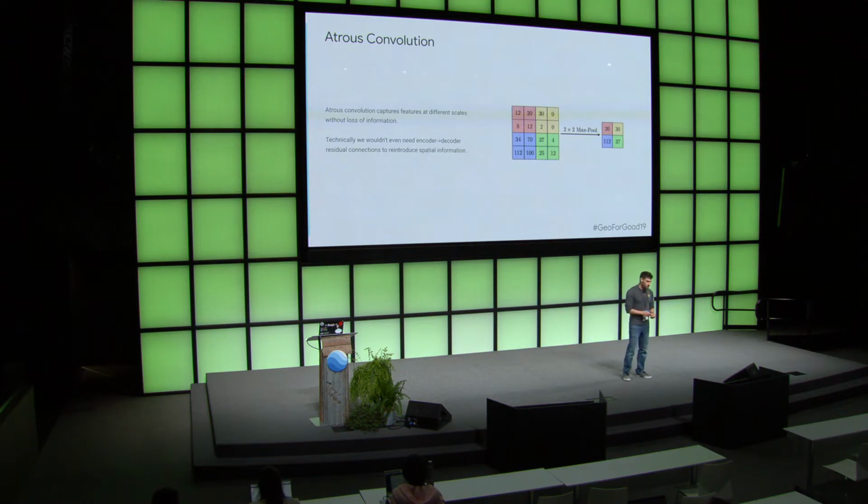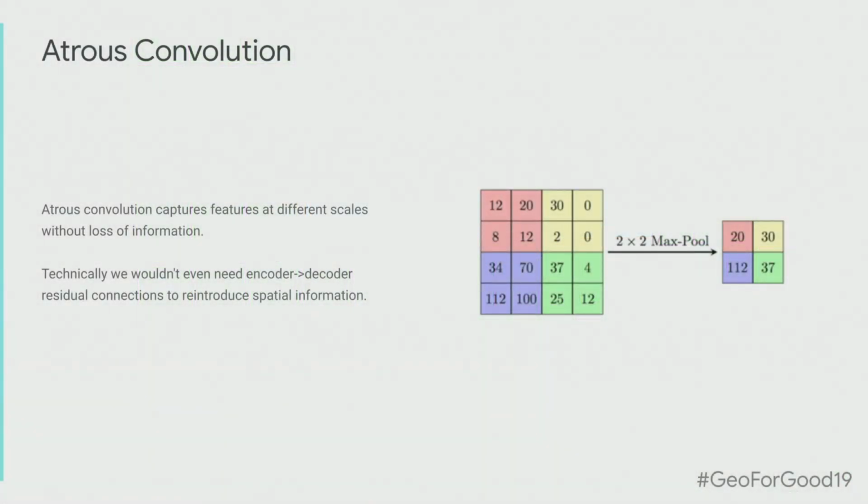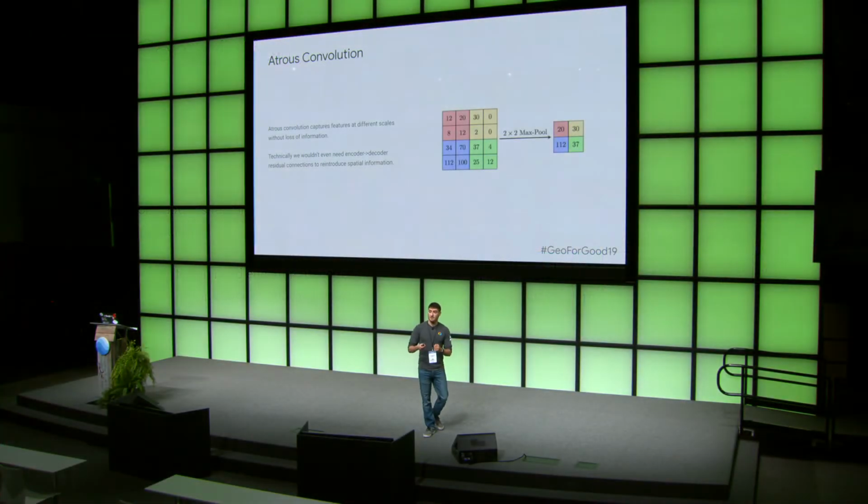So maybe one thing to even think about here is that in the best case, we would never have any pooling. And I kind of already said that on the previous slide. There's a theoretical fully convolutional neural net using Atrous convolution that uses exclusively Atrous convolution, that it's simply using Atrous convolution as a proxy for finding features at different scales, and that we never actually have to max pool. Though in practice, this doesn't work unless your model is fairly small or is of a reasonable size.